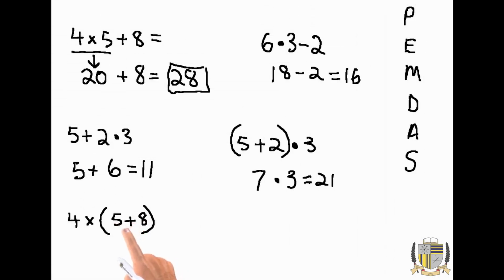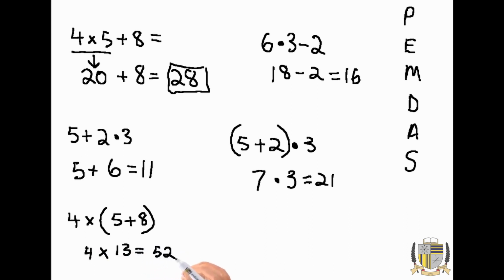5 plus 8 is 13. So in here, it becomes 13. And now we're done with the parentheses. So I don't have to rewrite it. So it's a 4 times 13. Now that we took care of this parentheses, we're outside looking at the main problem. Looking at this, we see no more parentheses, no more exponents, but we do see multiplication of 4 times 13. And 4 times 13 is